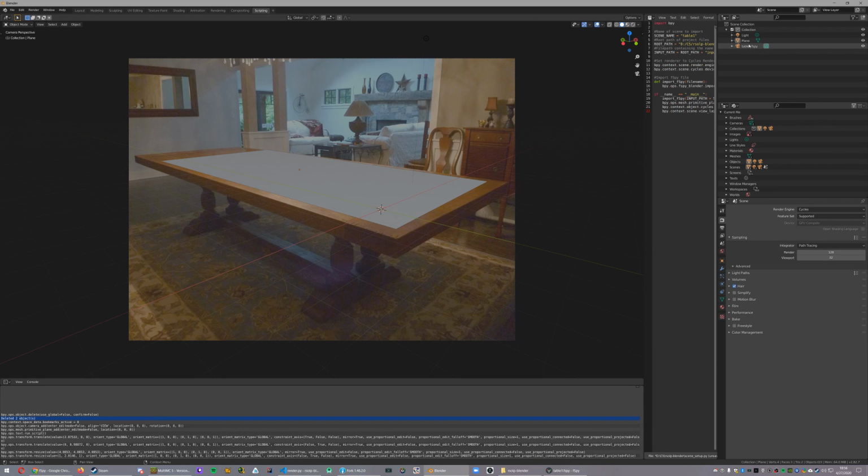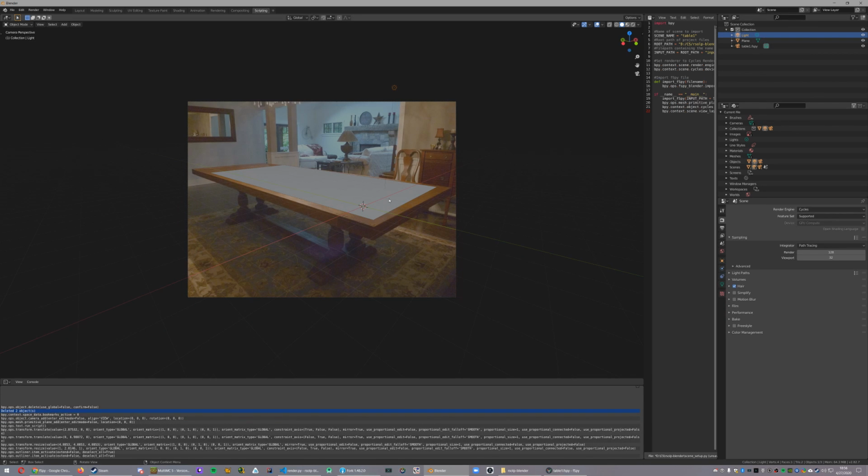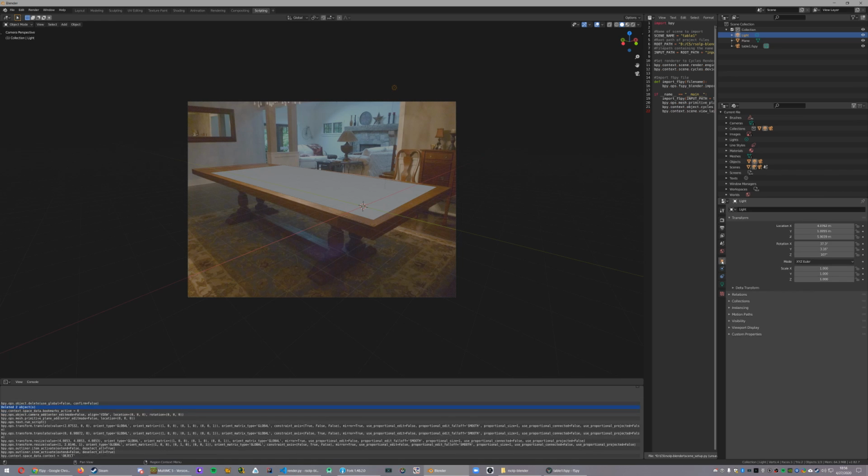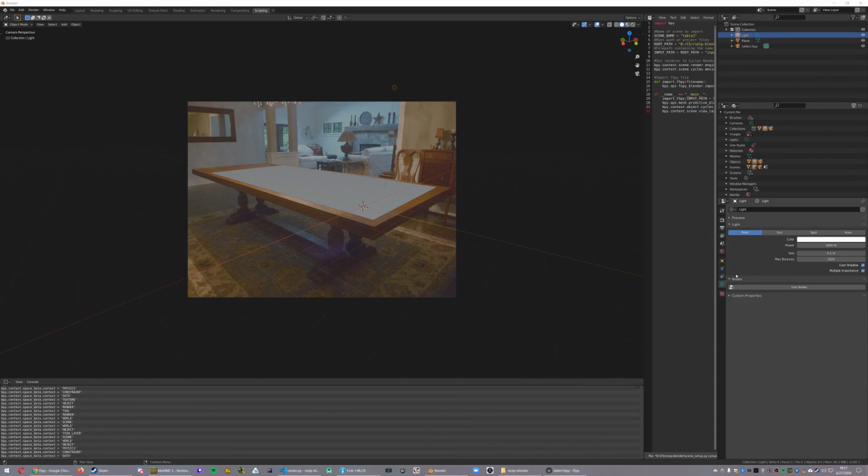And this is where it would also set up the lights. There's just one light in this scene, and it's right above the table, so you can move it around with G and rotate it with R to change its orientation, and also down in the object properties for the lighting. And down in the lighting panel, which has the light bulb,